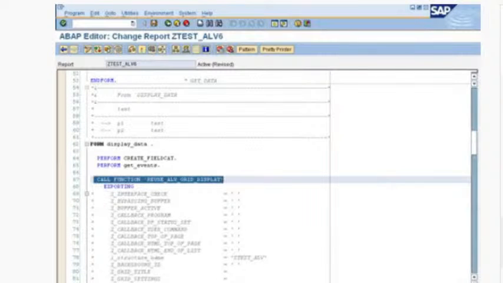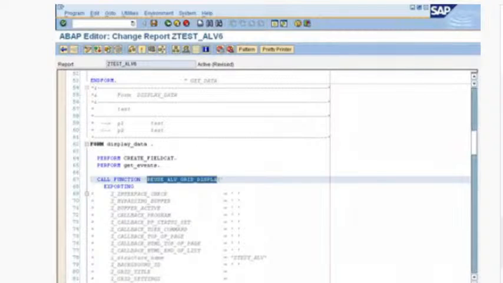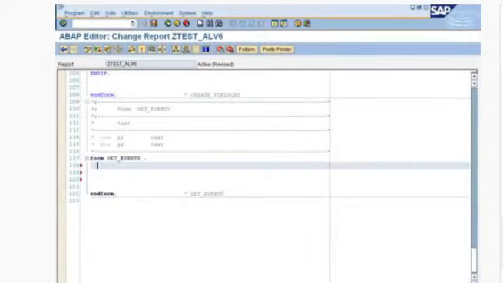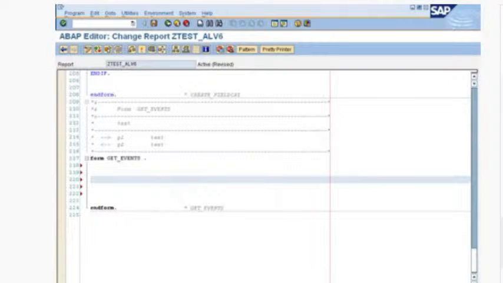Our intention is that there is an internal table; we need to fill it and pass it to REUSE_ALV_GRID_DISPLAY. Now in perform get events, I want the list of events available in ALV reports, like initialization, start of selection. To get the list of events, there is a function module. I will tell you the function module name. The function module is